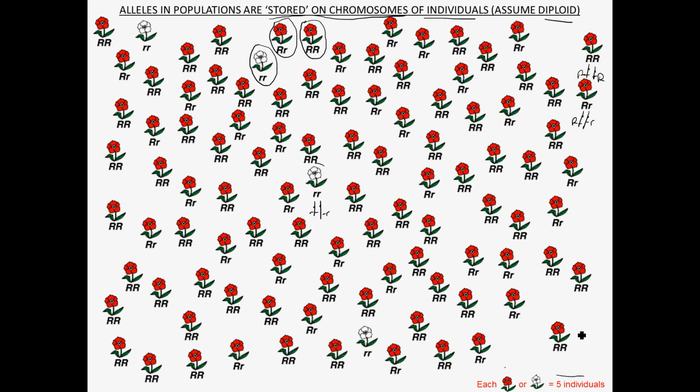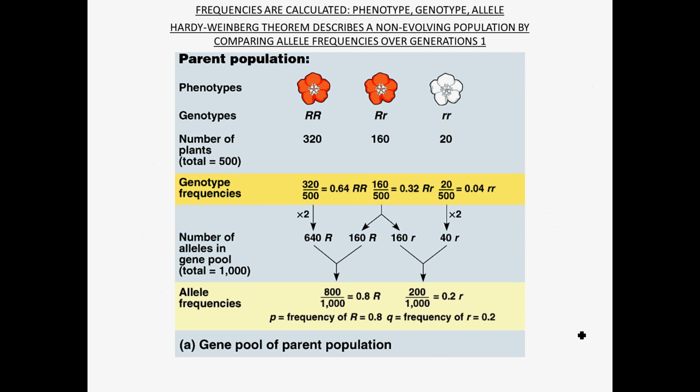So if we do the math here, the frequencies of these alleles can be calculated, right? And so the allele frequencies are calculated, we can calculate a phenotype frequency, we can calculate genotype frequency, we can calculate allele frequencies, and it's ultimately allele frequencies that we want to know. But in any environment, we only really see phenotypes. We can't look at an individual and know what its genotype is, unless, of course, it's the recessive